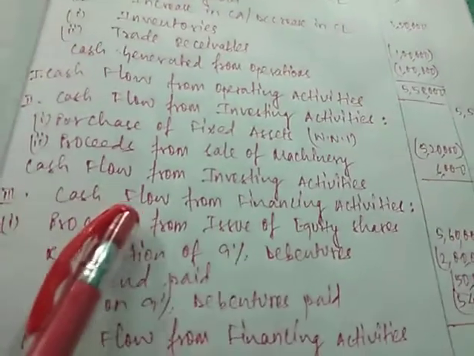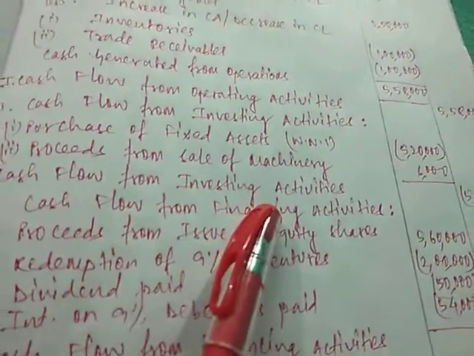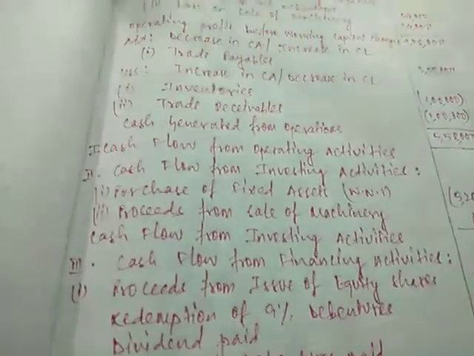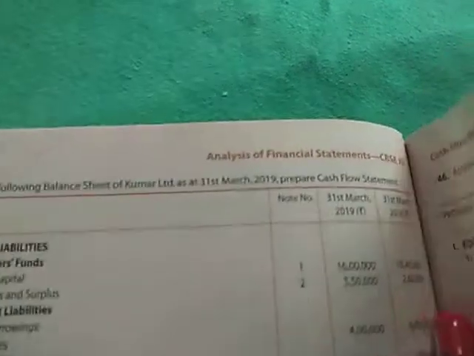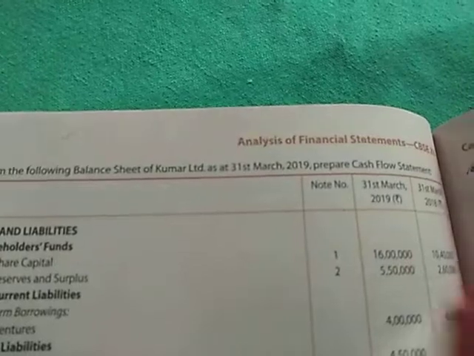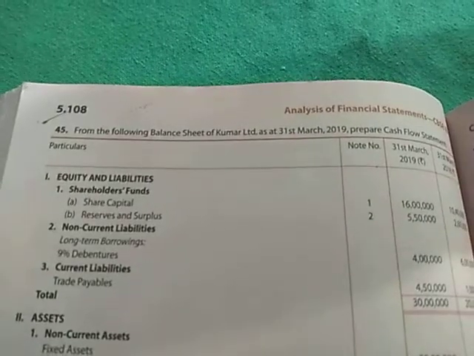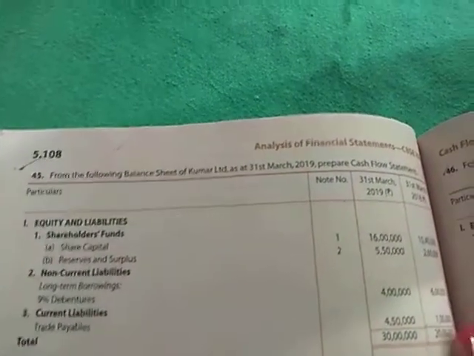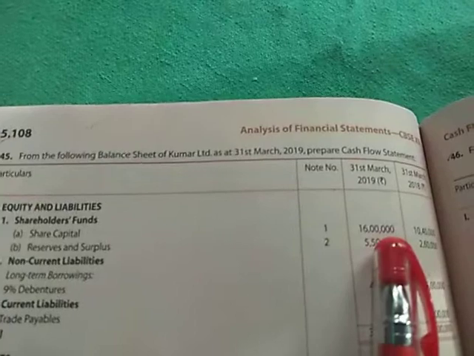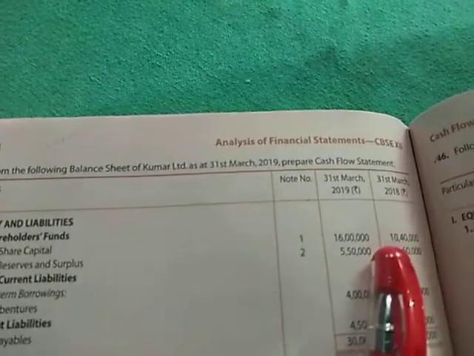Next we'll move on to cash flow from financing activities. Let us check the shares, debentures, preferences, whatever are there. First of all, move on to share capital. Share capital is 10,40,000 to 16 lakh. Directly, if we consider it as equity shares instead of considering it differently as preference and equity, I am taking it directly as share capital. So 10,40,000 to 16 lakh.